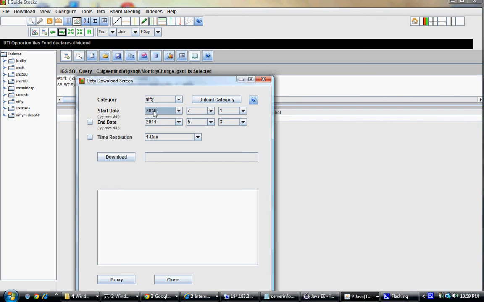You can select the start date, you can select the end date. If you want to change the end date, then you need to click it here and then give the date you want as the end date. If you want to have a resolution, like if you want weekly or monthly data and want to do a scan on